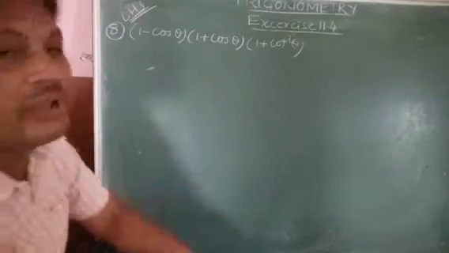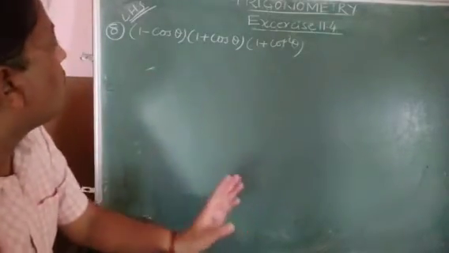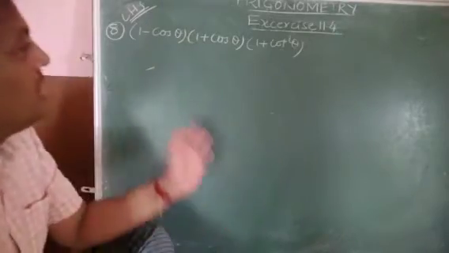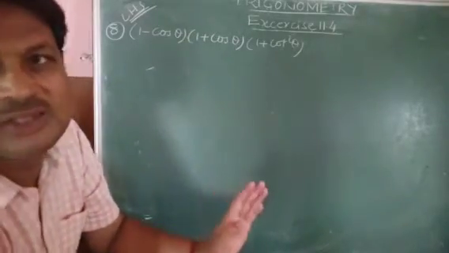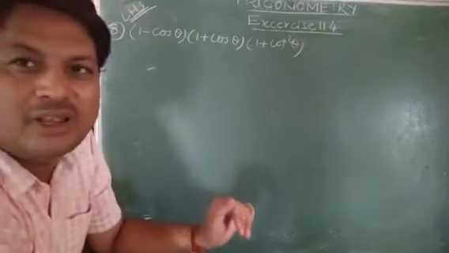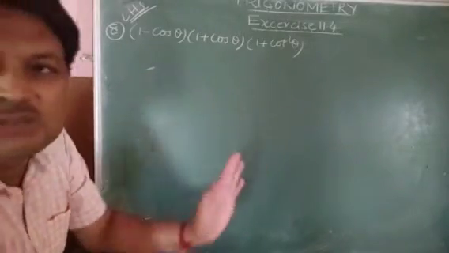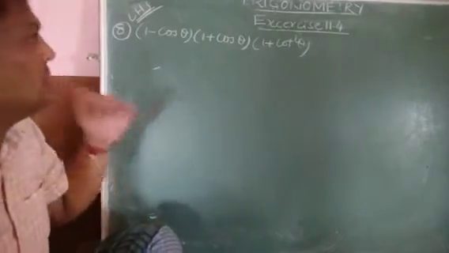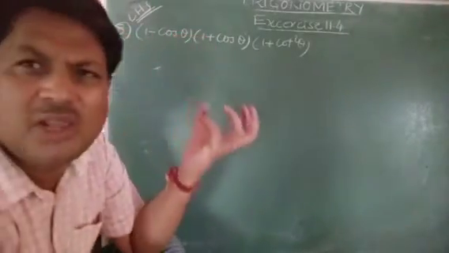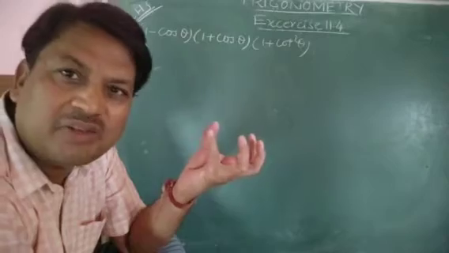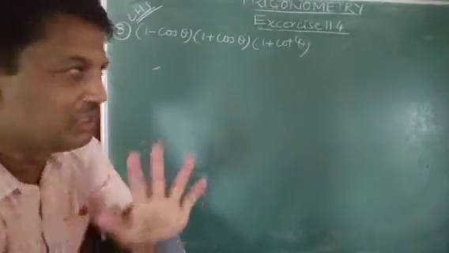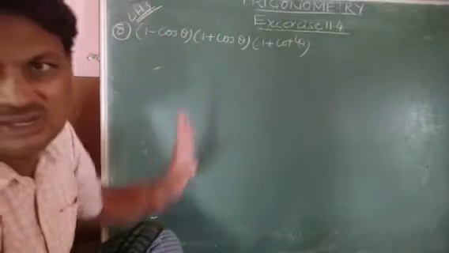Question number 8, children. You have to simplify (1 minus cos theta)(1 plus cos theta)(1 plus cot square theta). So directly I copied the left hand side due to shortage of space, children. Okay, children. So see how to do. Think of simplify as meaning you make it a numeral or a very simple term, just like tan theta or tan theta into cot theta, not so much minus, plus, etc.